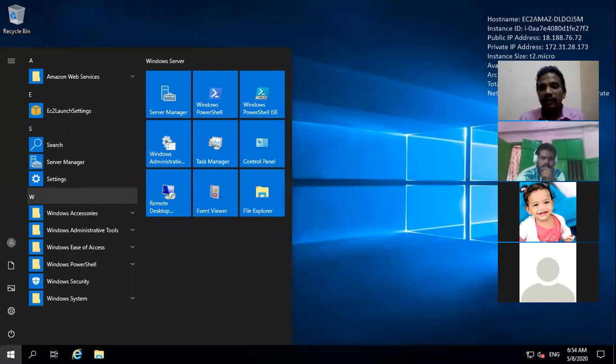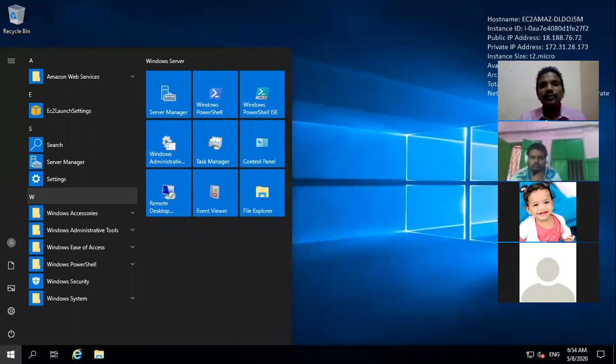Think about the situation. Anytime you can access your operating system, Windows, Linux, Mac, everything. Just log into the AWS environment and access the operating system. So it provides excellent service. So the first service is called Elastic Cloud 2, which provides operating system as a service.